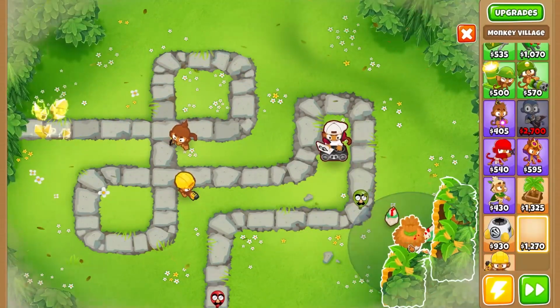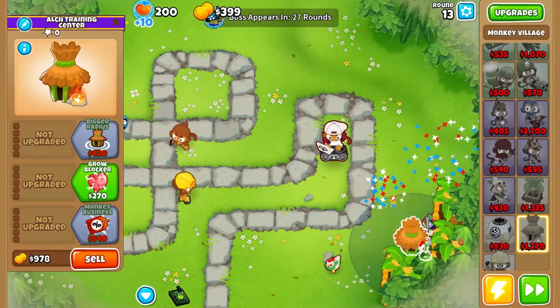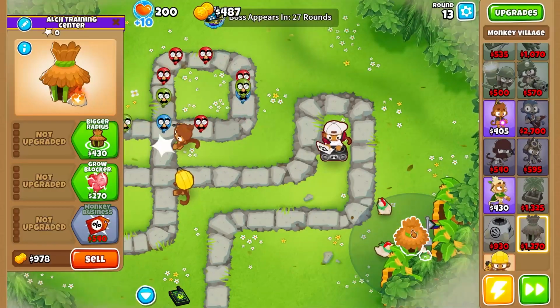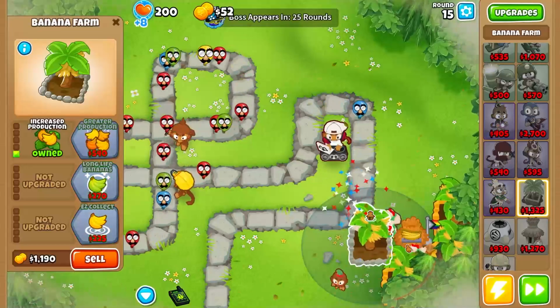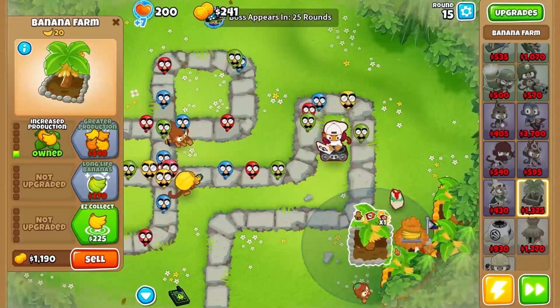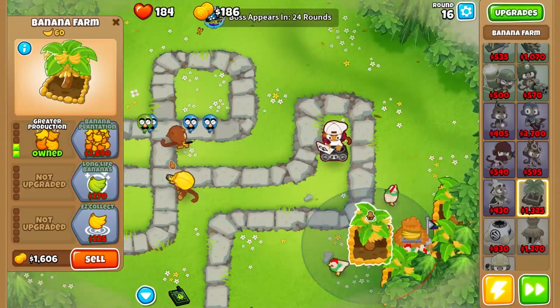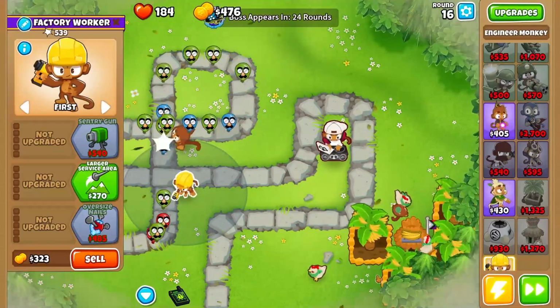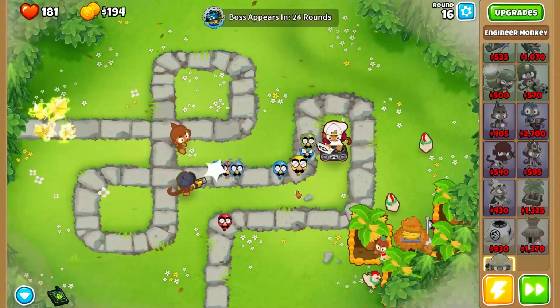Now that I've gotten 3 200 farms, I'm going to go ahead and plop down a village right here, and I'm going to get a bottom path village, a 002 if you will. And in the meantime, I'll continue getting another 200 farm, although I will have to upgrade my engineer soon, at least to the bottom path. So let's go ahead and grab 002 engineer